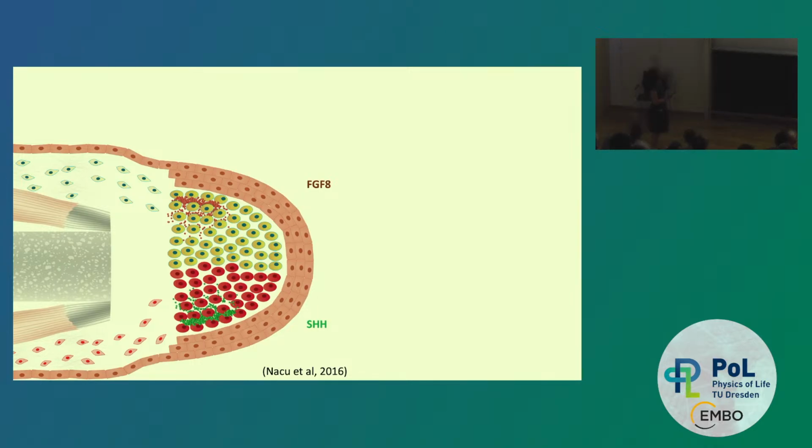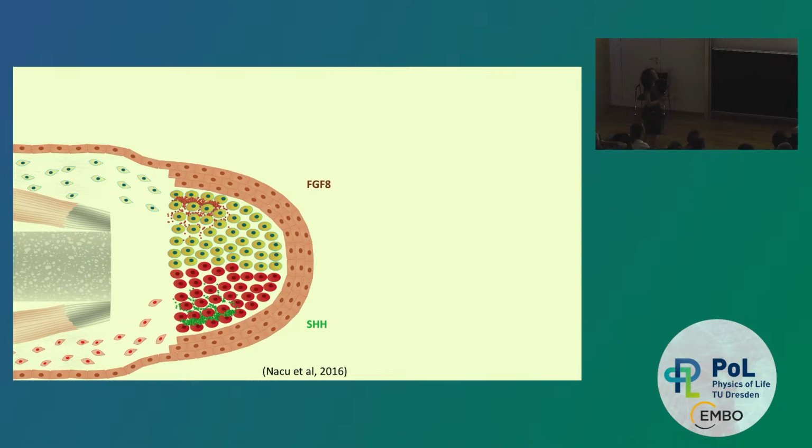And as described in studies of the developing vertebrate limb, sonic and FGF form a positive feedback loop to each other, so that the FGF8 expression is dependent on sonic hedgehog, and sonic hedgehog expression becomes dependent on